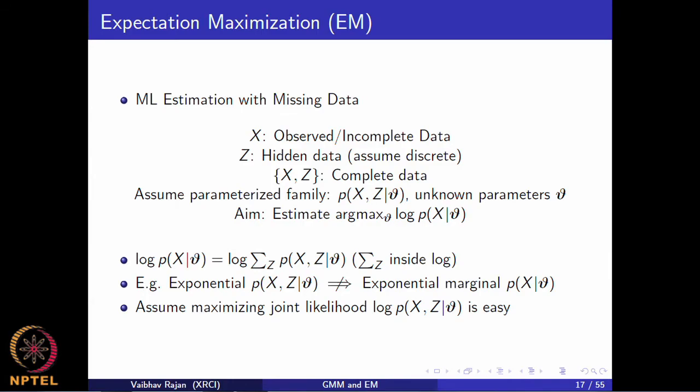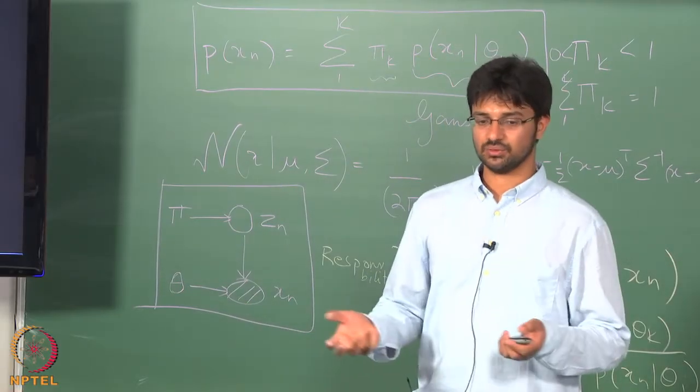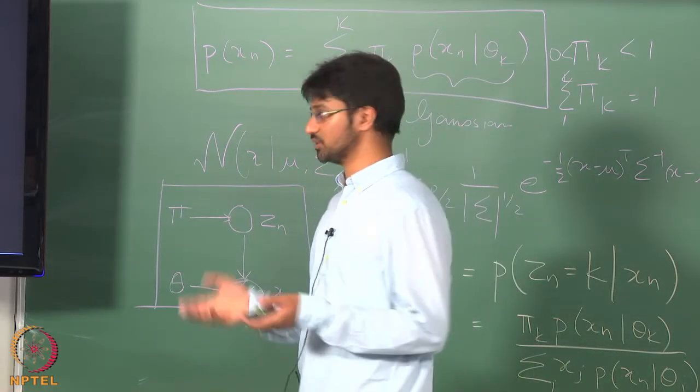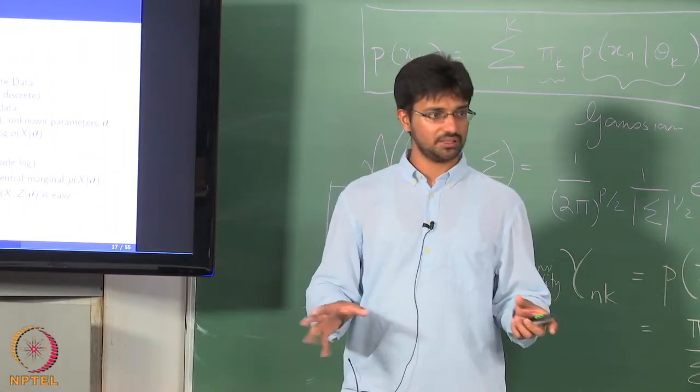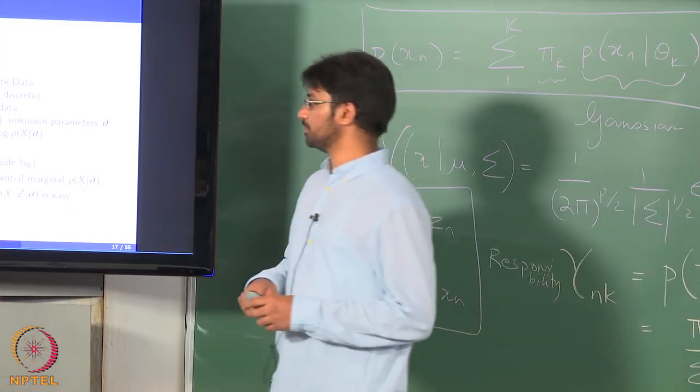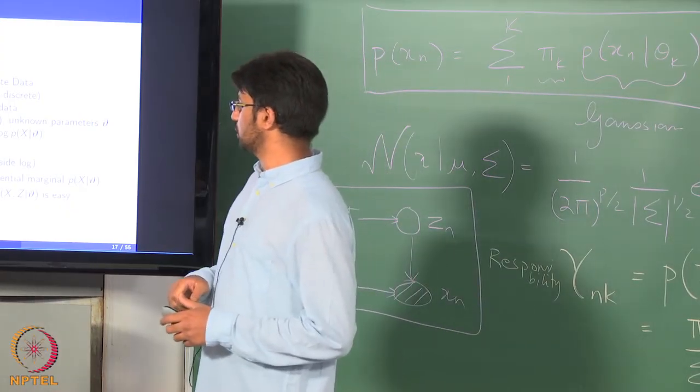This is expectation maximization. It is a way to do maximum likelihood estimation. Initially it was proposed as a way to do maximum likelihood estimation when you have missing data. Suppose you are given data x, which is what you observe and is incomplete, it's known to be incomplete, but there are some values that are missing,